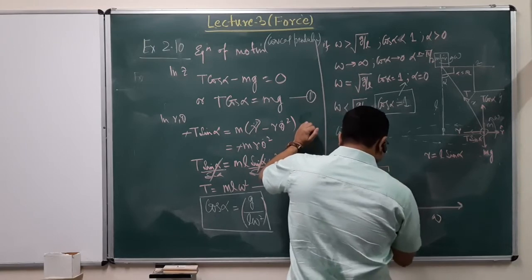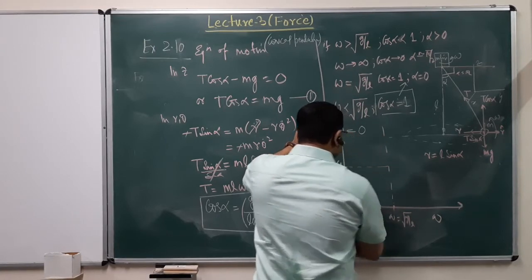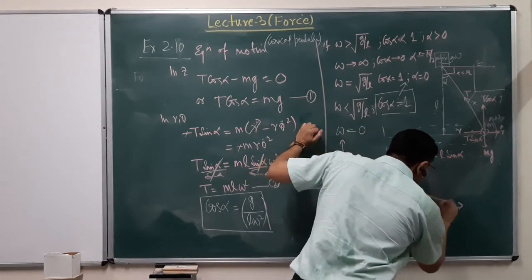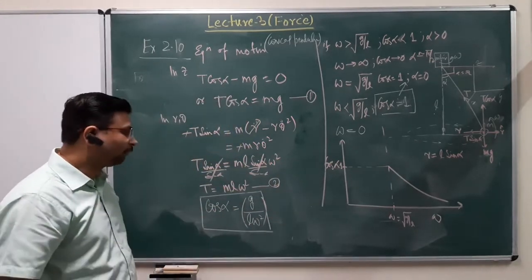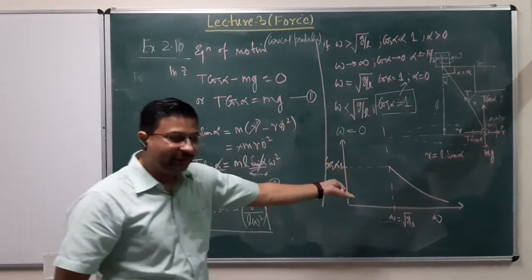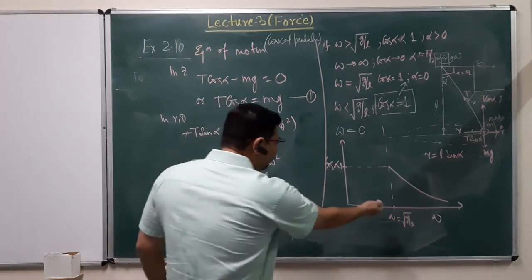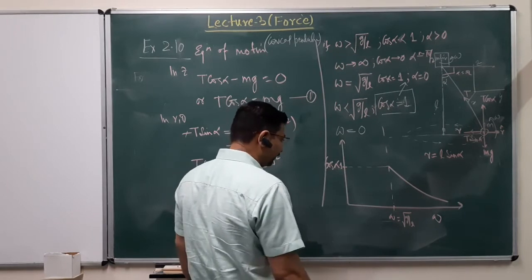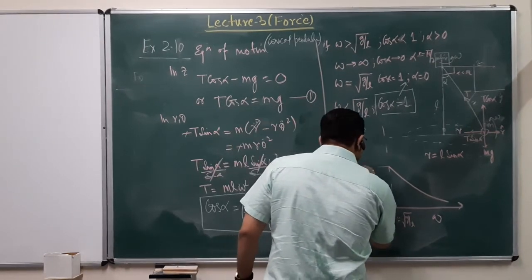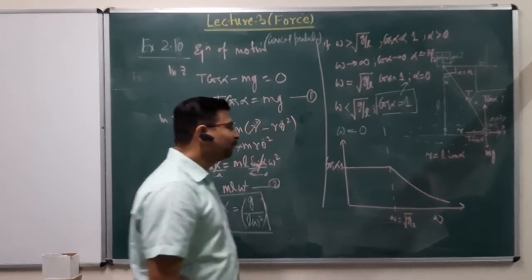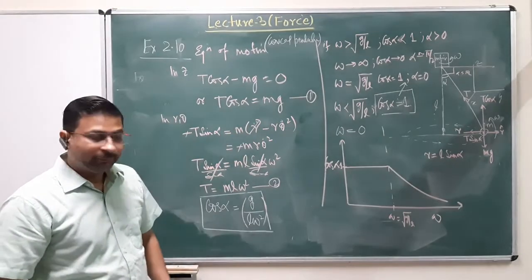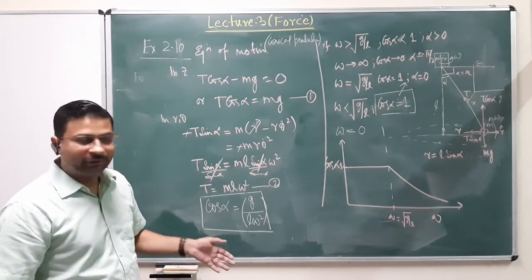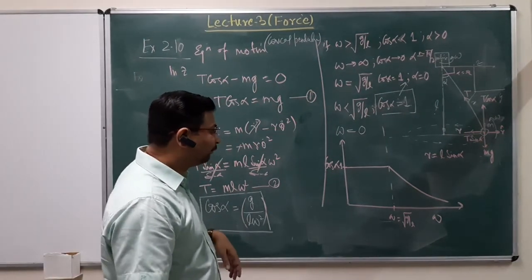At this location, the cos alpha value is 1 when omega is the square root of g by L, and after that it simply goes as 1 over omega square. So that will be a non-linear function that goes like this. What happens below this? We know that for omega equal to 0, again the cos alpha value is 1 because alpha equal to 0. And in between, for all the values, the only physically realizable value for cos alpha is 1. My equation says that it should be more than 1, but that is just not physically realizable because cos alpha cannot cross the bound of plus minus 1.